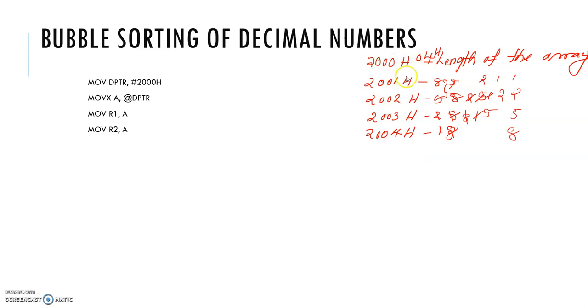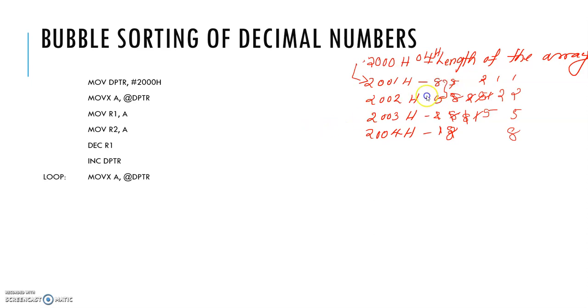This checking should be done till the end of the array, that is the first loop, and this should repeat for as many elements as are in the array. Here we have 4, so this is the array length, so that many times the loop should repeat. So we give the second count there and decrement R1, that is the first iteration. Increment DPTR, so the DPTR points to the next location. So first take data from 2000, next the DPTR is incremented so that it points to the location 2001.